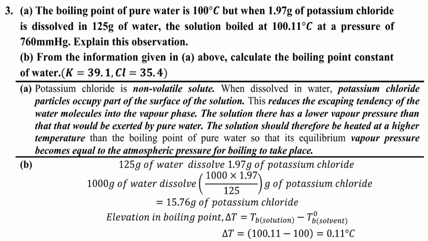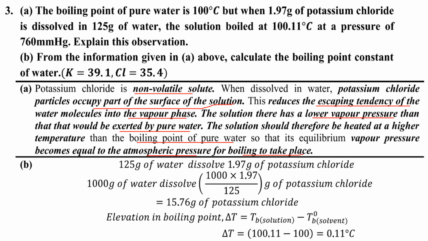Now for part A, it's about explaining the value of colligative properties. As I've told you, you have to first start by saying that the solute you are dealing with is non-volatile. That means some of its particles are going to occupy part of the surface of that solution. When they occupy part of the surface, it will inhibit or reduce the escaping tendency of the liquid molecules into the vapor phase. Once that happens, our solution is going to have a lower vapor pressure than that exerted by pure water. So the solution should be heated to a higher temperature than the boiling point of pure water,